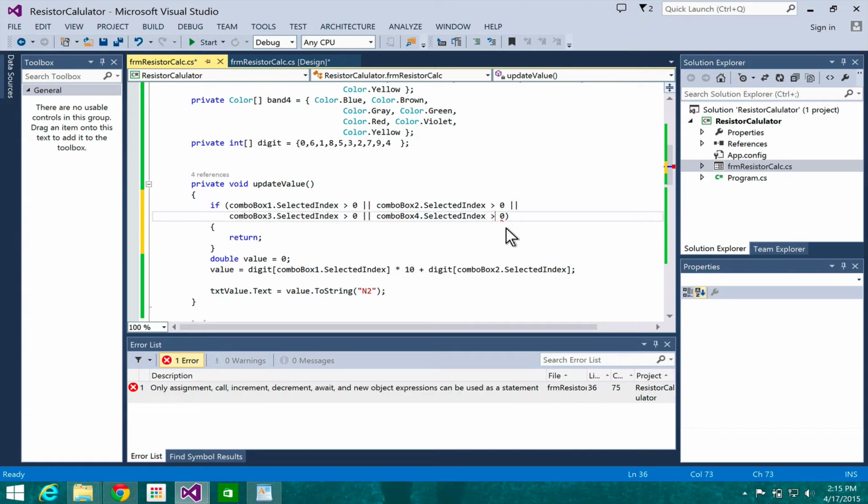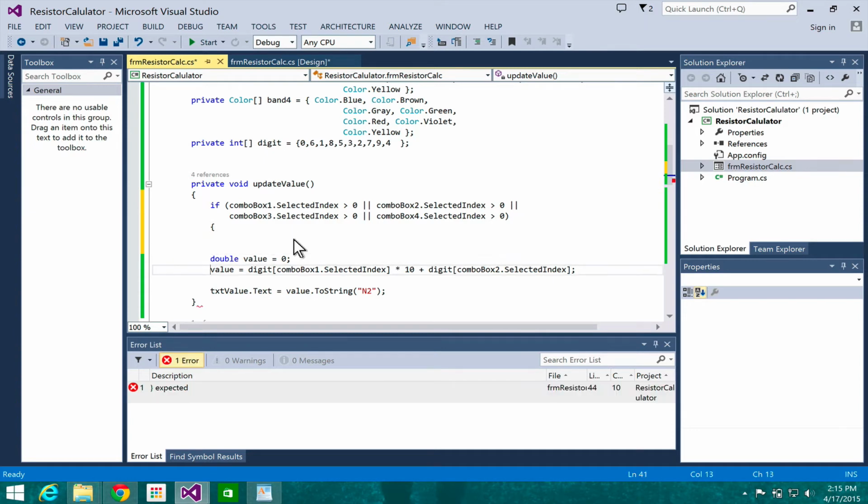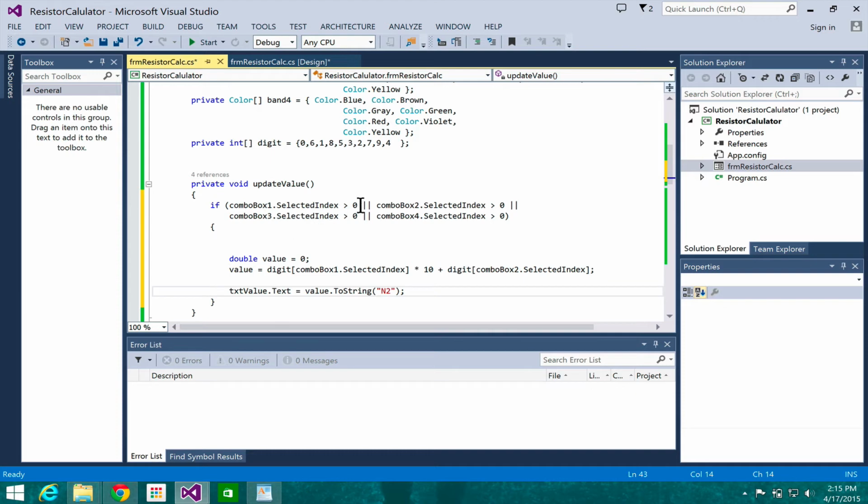But now I don't want these to be ORs. I only want to run this code if all of those are greater than 0, right? It's still possible they got set to something weird that's not a valid index, but unlikely the way the combo box works. So I have and